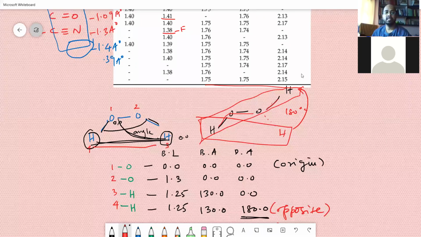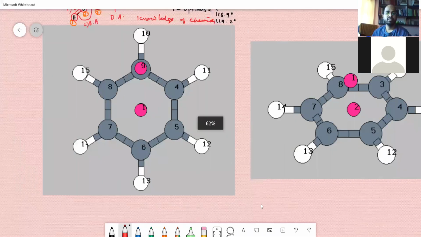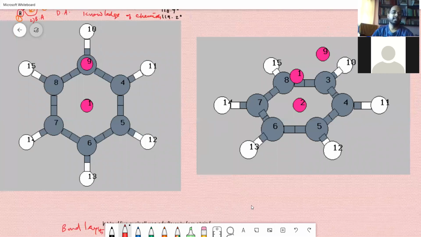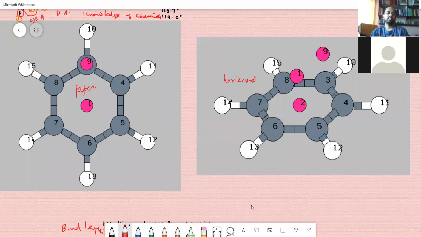So this site has an example of benzene. You can see the benzene ring can be placed on paper, parallel to the paper. So this is horizontal to the paper. You can see it is bent like this. They have started numbering the benzene like this. 1, 2, 3, 4, 5, 6, 7, 12 numbers are there. And to begin with, they are starting with something called a dummy atom.